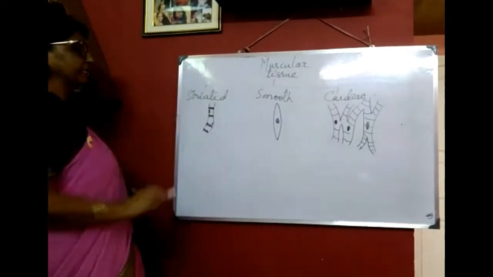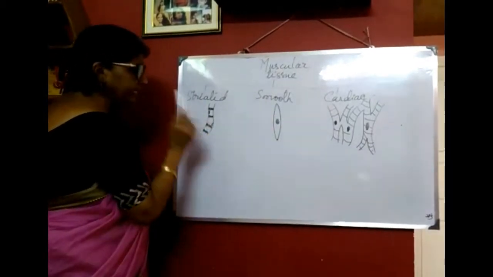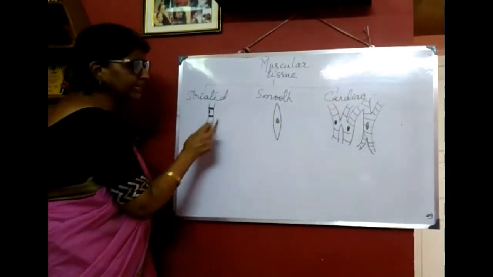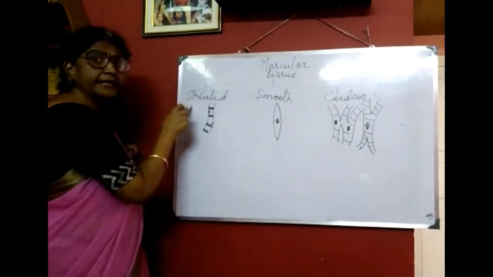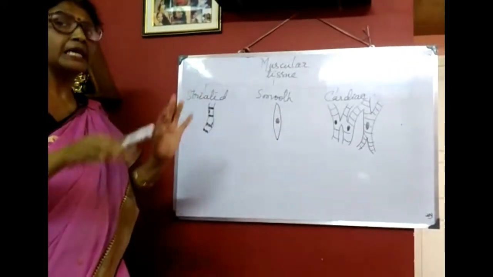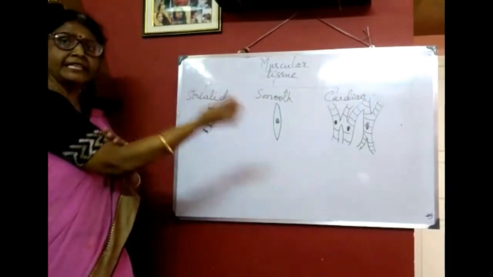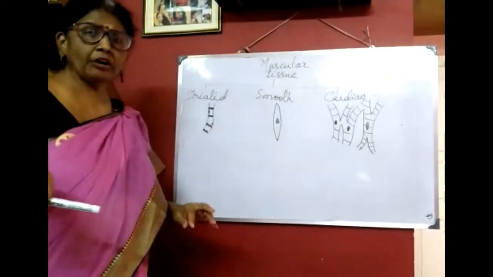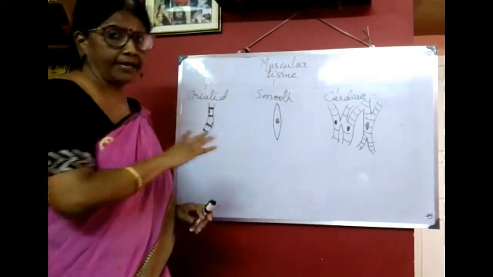Then in case of striated muscle, you can see the stripes are present. This is multinucleate, and smooth muscle is spindle shaped. The shape of this is cylindrical, this is spindle shaped, this is also cylindrical. This is present in limbs, all voluntary, where the voluntary functions take place. That means we can move the hand like this. So these muscles are present in our hand, limbs, forelimbs, hind limbs, tongue. Smooth muscle is in the visceral organs, stomach, intestine. Cardiac muscle is present in heart.